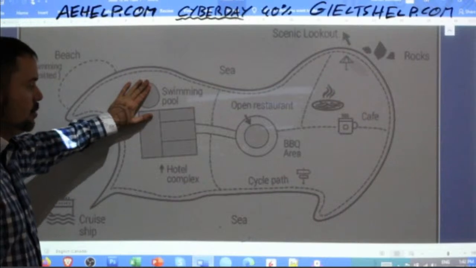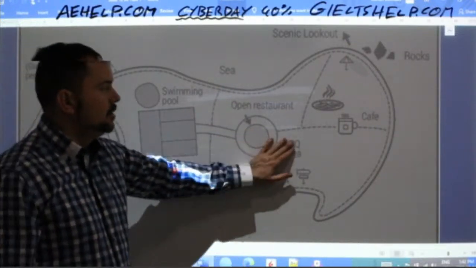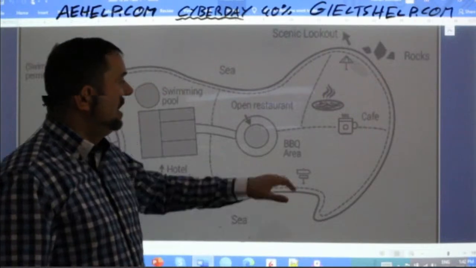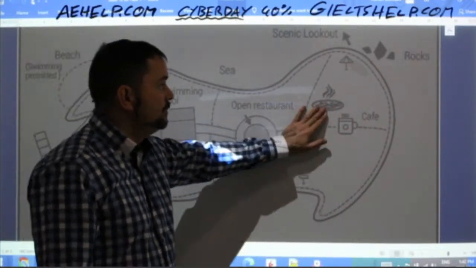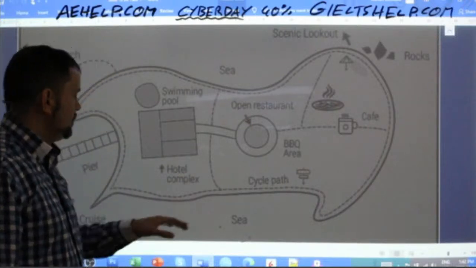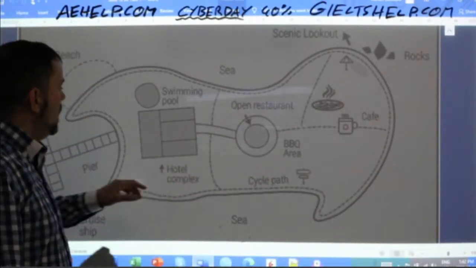With a swimming pool. We can see there's a path to an open restaurant, barbecue area, there's a cafe, and here we have that natural spring, okay? And then here we have a cycle path that goes around the island. Now,